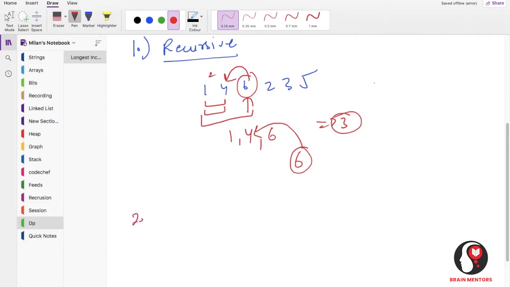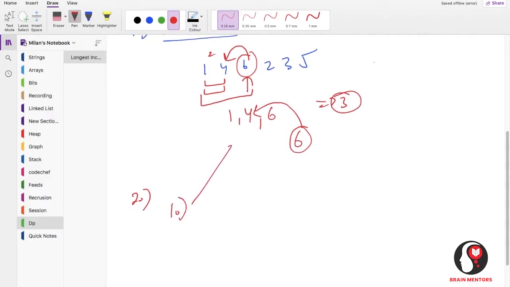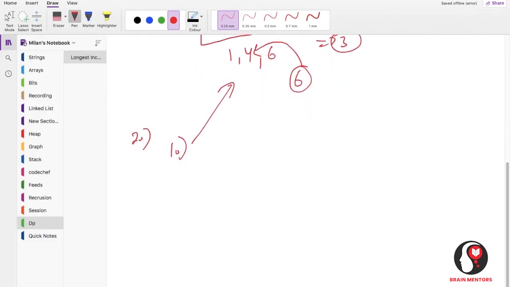So the DP approach would be that first we can easily put memoization in our approach, right? We can store the sequence for any current index, and I'm going to store the maximum value of that. The other approach can be using iteration.